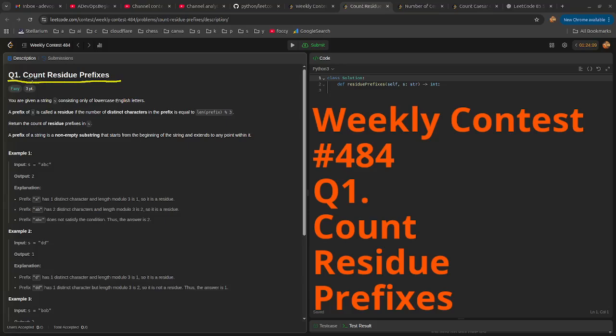LeetCode Weekly Contest 484, Question number 1. Count Residue Prefixes. This is an easy problem if we can go through all elements in this array. So along with the looping, for each run there's going to be a new prefix that we can